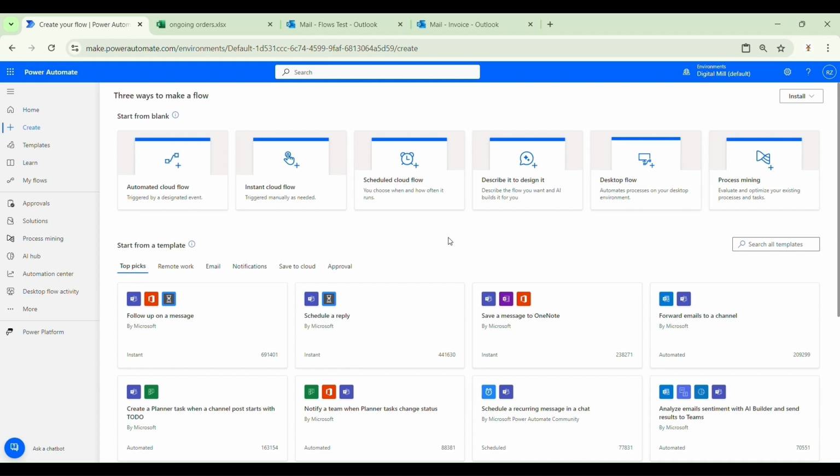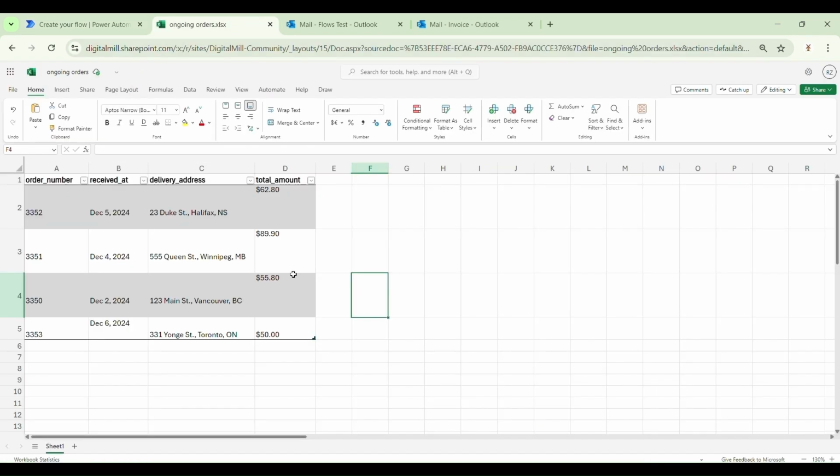So before starting to build our flow, let's quickly check our assets for this video. And we have this Excel file. If you already saw our video about how to extract data from emails and load that into an Excel file, you must be familiar with that because we are using the same sample data here, which is basically a list of orders. And these orders contain data like order number and date when it was received, the delivery address,